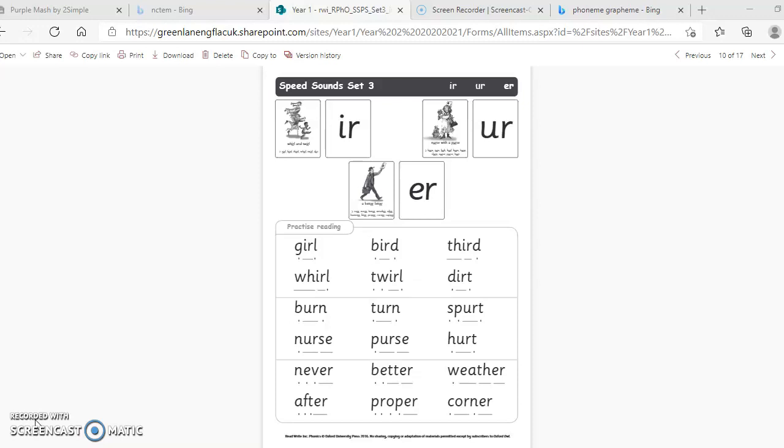I would like you to find this worksheet in your pack, please, and I would like us to have a look at these digraphs. We've got